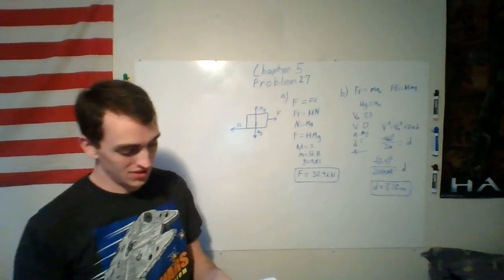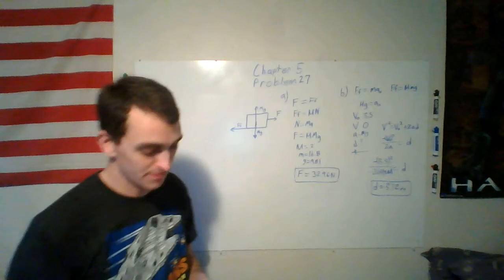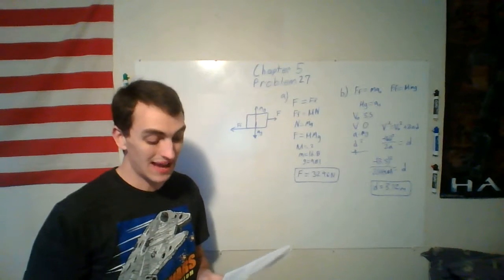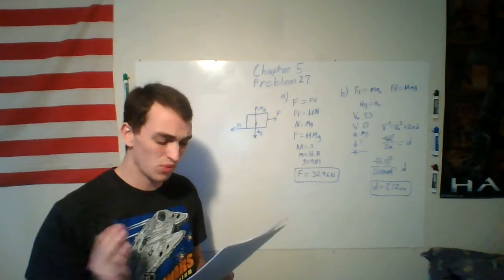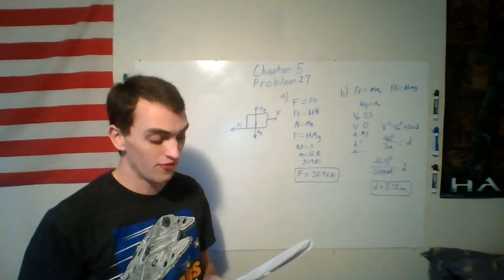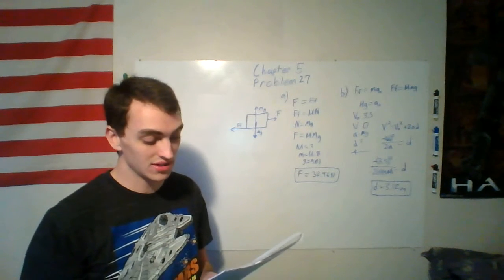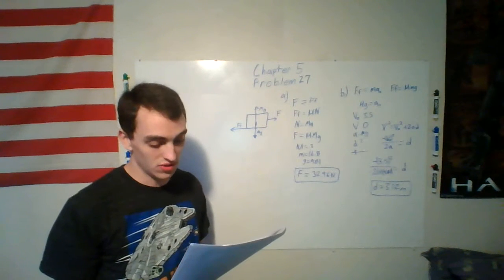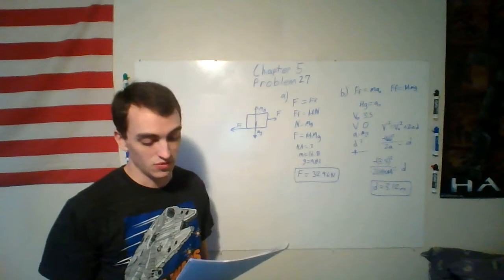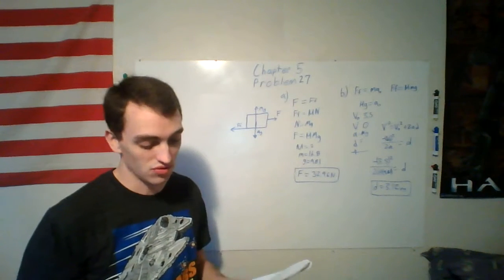Problem number 27 reads: a stockroom worker pushes a box with a mass of 16.8 kilograms on a horizontal surface with a constant speed of 3.5 meters per second. The coefficient of kinetic friction between the box and the surface is 0.2. So part A: what is the horizontal force the worker must apply to maintain this motion, 3.5 meters per